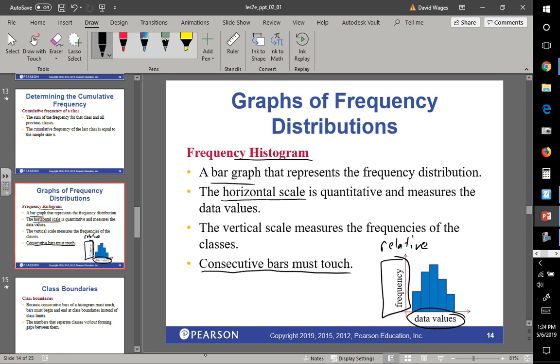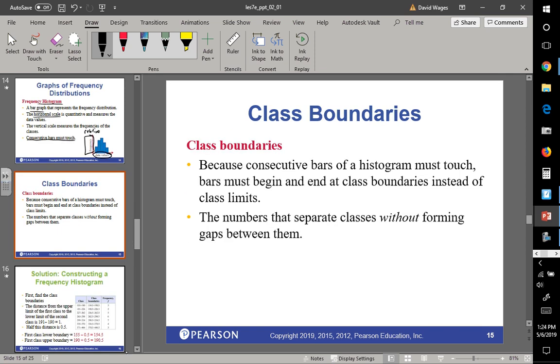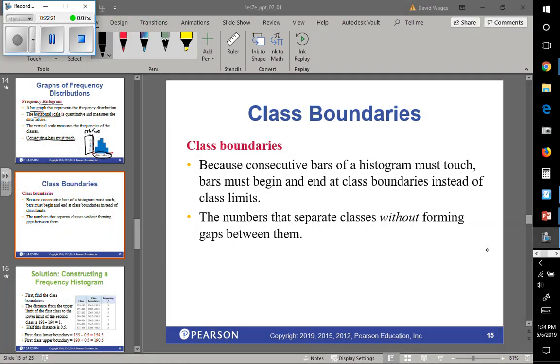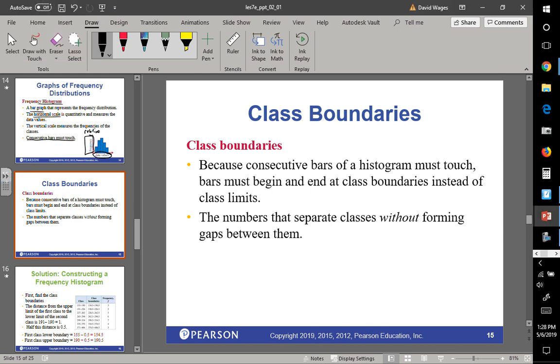So before we make our histograms, we need to determine, well, what are the boundaries going to be for our bars? And this can kind of be a little confusing, and different books handle this different ways. Okay, so since we do not need a gap between our boundaries, notice this statement. The numbers that separate classes without forming gaps in between them,